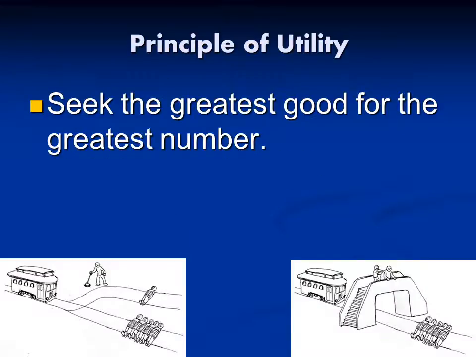According to the principle of utility, the most ethical course of action is one that provides the greatest happiness for the greatest number. If you decided to sacrifice one person to the trolley in order to save 5, you took a utilitarian approach to the problem. You might have heard this principle referred to as the greater good for the greater number.